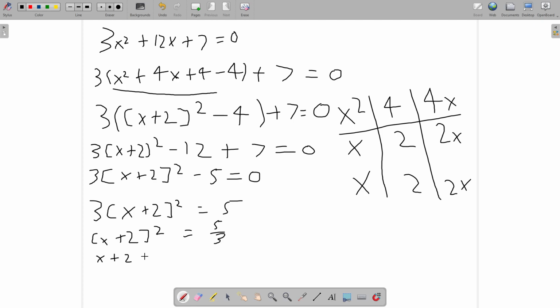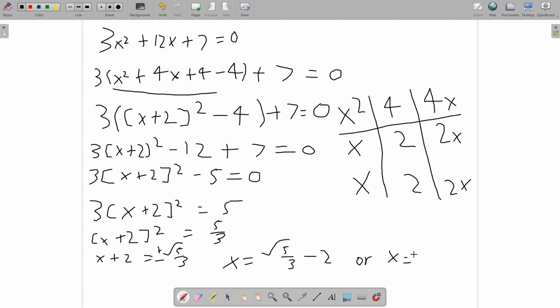X plus 2 equals plus or minus the square root of 5 on 3. x equals the square root of 5 on 3 minus 2, or